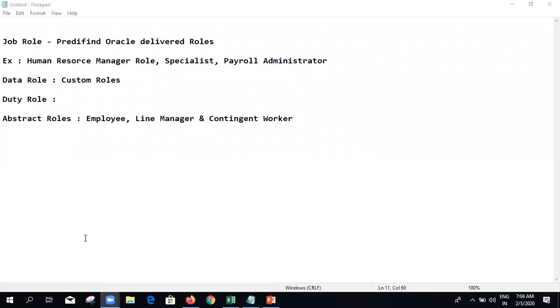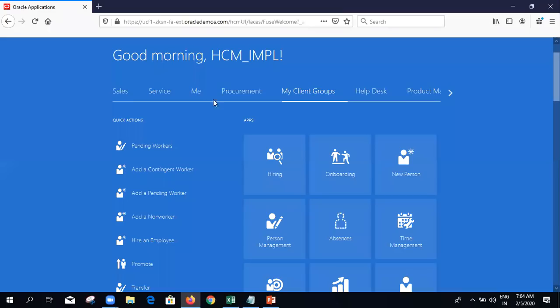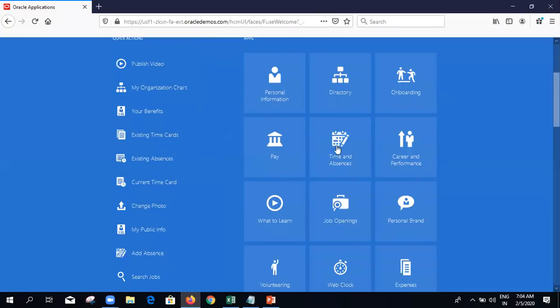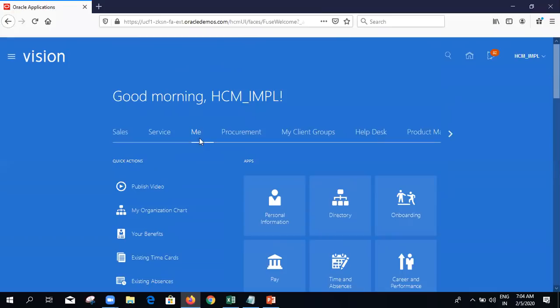When we hire any employee in the system, this employee role is attached to him by default, where he gets access to minimal things like About Me, where he can see his own personal information, and his own absence related or payroll related things.